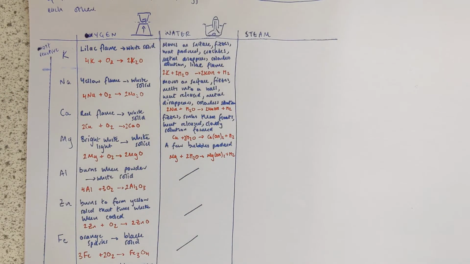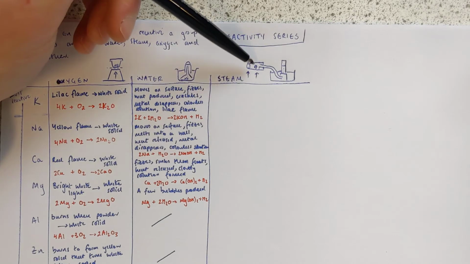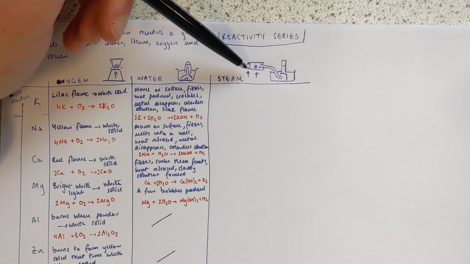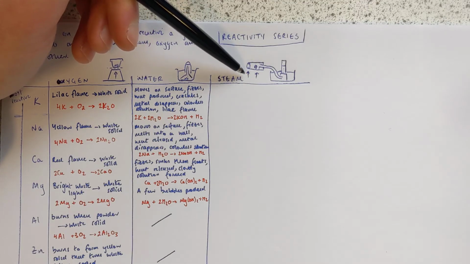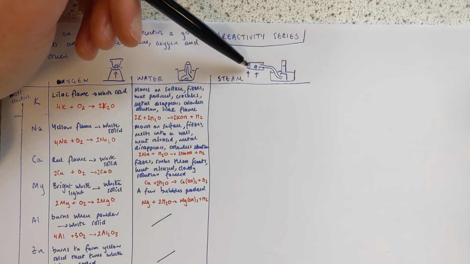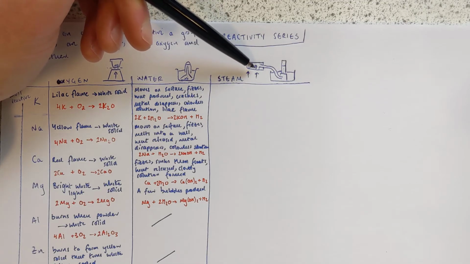In terms of how you do that reaction, it involves a slightly more complicated looking piece of apparatus. Essentially, we've got a boiling tube with a piece of metal in it. At the bottom of that boiling tube, we've got a piece of mineral wool which is soaked in water. And what we're going to do is heat both the metal and the mineral wool. The metal will get hot enough to start to react, and heating that mineral wool, which is damp with water, will produce steam, and the steam is going to move over the metal to allow the reaction to take place